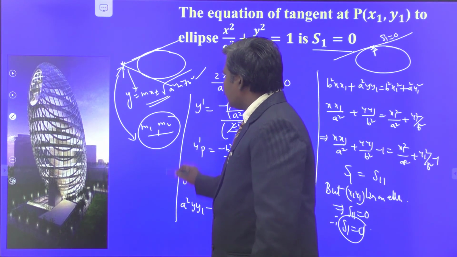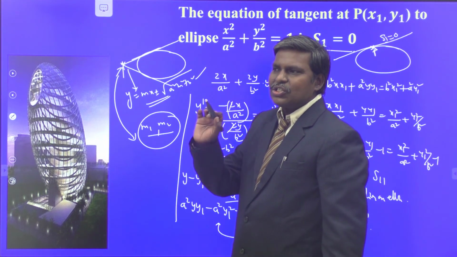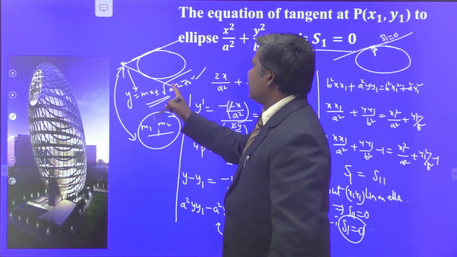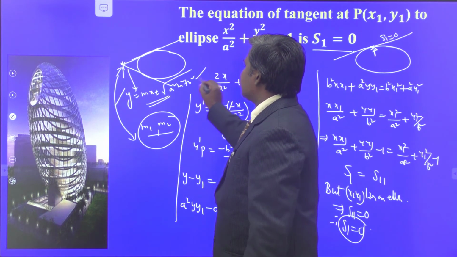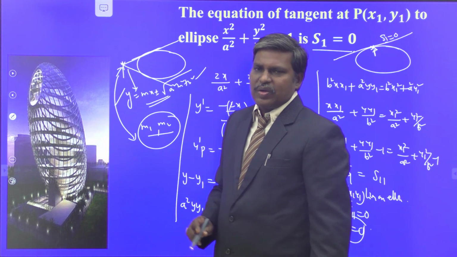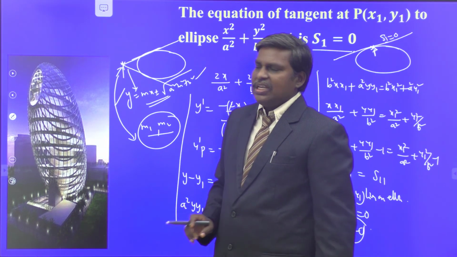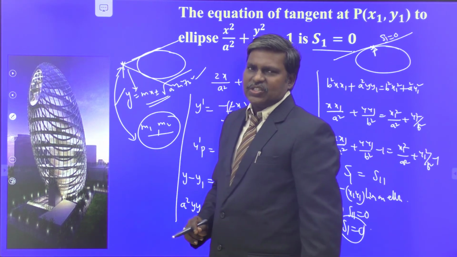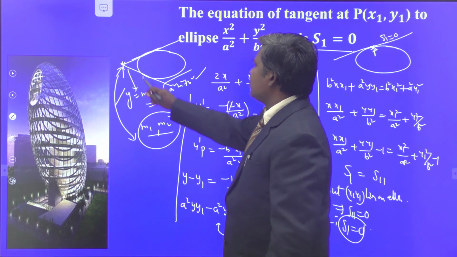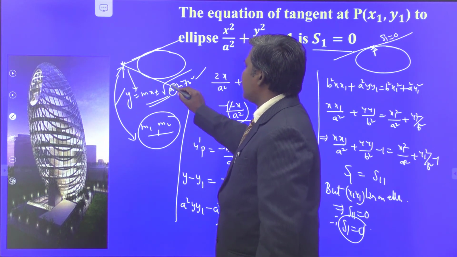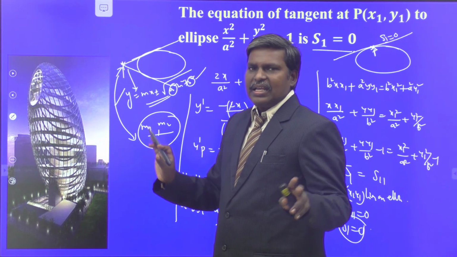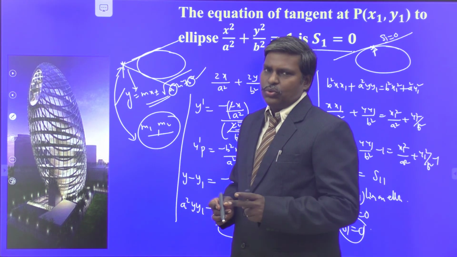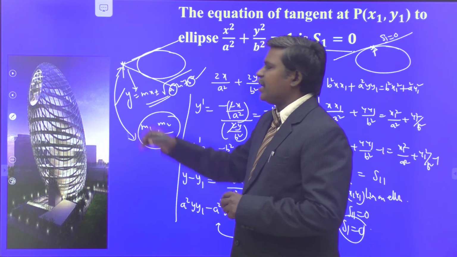So, I explain once again how to write the equation of tangents through the given point which is outside. So, consider any tangent y is equal to mx plus or minus root of a square m square plus b square. This is the general tangent to the ellipse. If it is my required tangent, then it is passing through our point x1, y1, the given point. Substitute the given point in this general equation. We have a square and b square also. Now clearly by squaring, we get a quadratic equation in m. It has 2 roots. These are real and distinct because your point is outside.